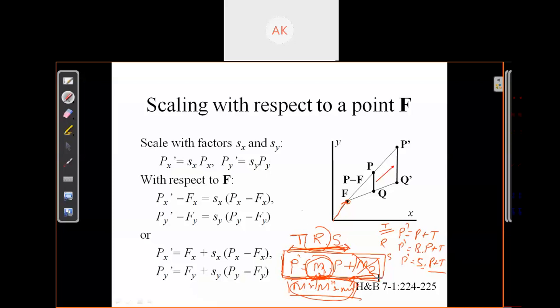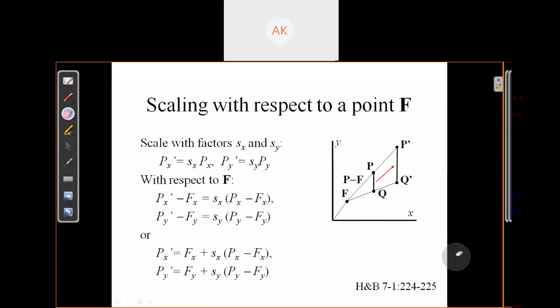So we need to eliminate these additive terms from your equation. How can we eliminate this T from your equation? To get rid of this T, we use the homogeneous coordinate system. In this homogeneous coordinate system, we will change the matrix size. Till now we have used 2 cross 2 matrices. Now for the homogeneous coordinate system we will use 3 cross 3 matrices.